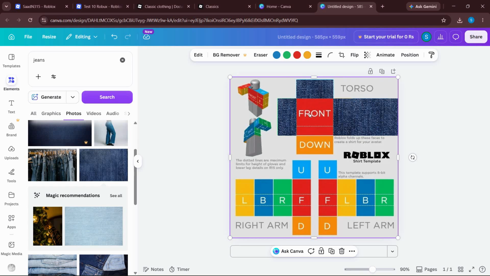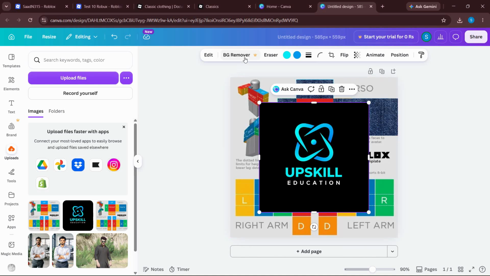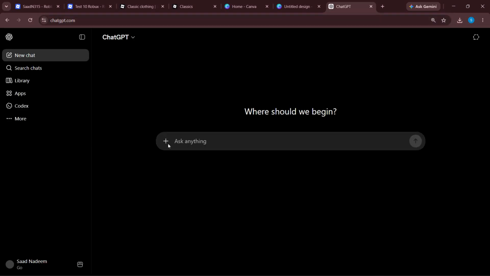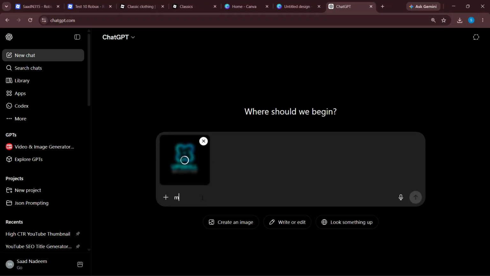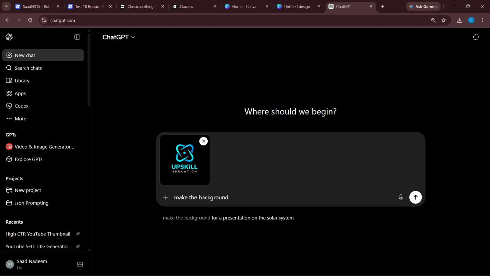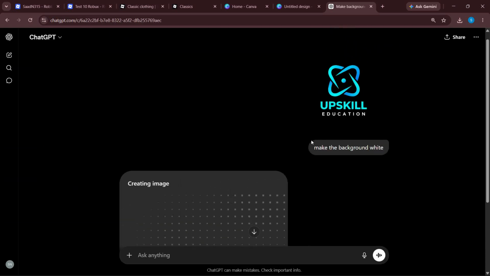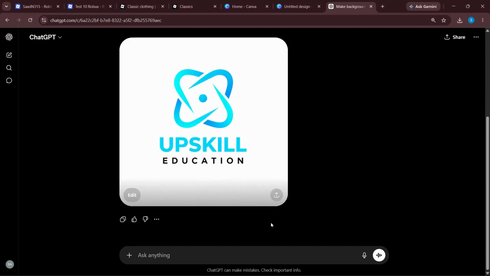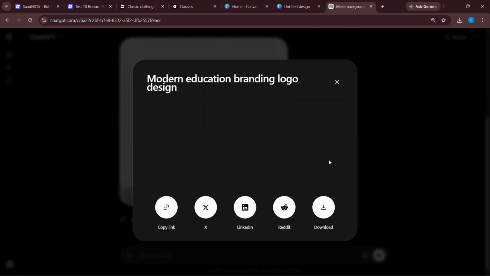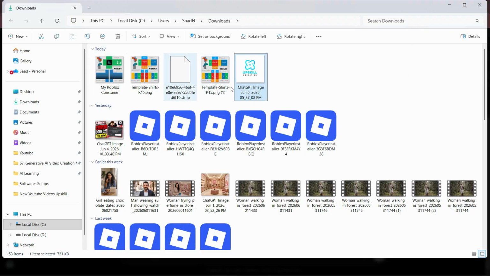Now on the front, we want the upskill logo. So what we'll do is we'll upload this here. If you're using the pro version, you can also remove the background. But otherwise what you can do is just take the support of ChatGPT here. We upload the logo, make the background white because the costume will look very nice when the shirt is white. So here it is, we download it. And I'll also show you a smart way of doing this. We can make it directly from ChatGPT as well. Click on download. So upskill logo white,